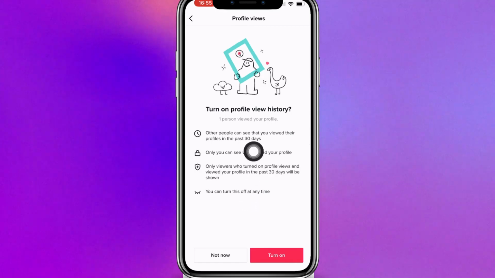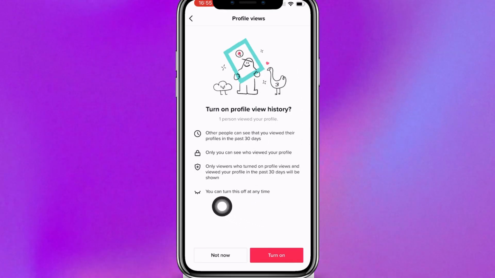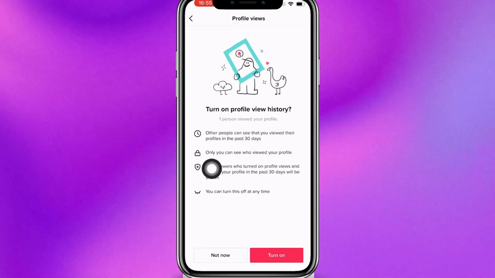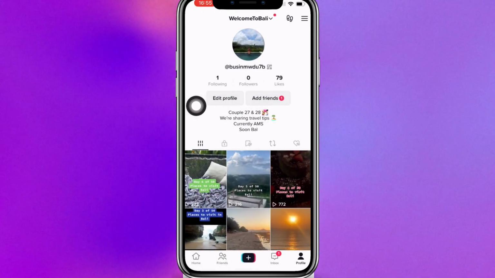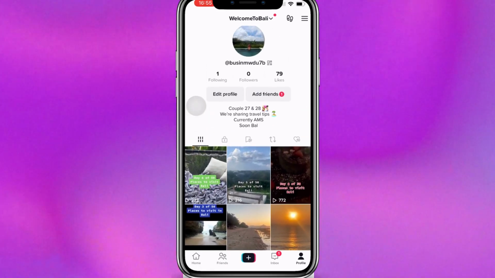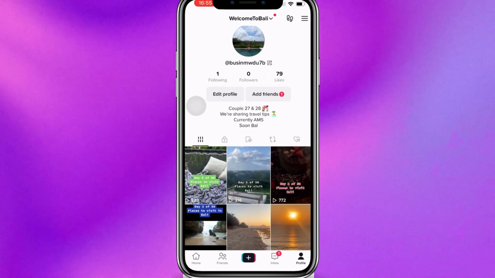their profile in the last 30 days. So if you have turned this on, you can turn it off at any time. I don't have it turned on right now. So if the icon isn't there, the reason for that is because probably it is a public